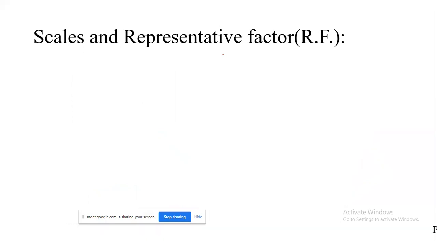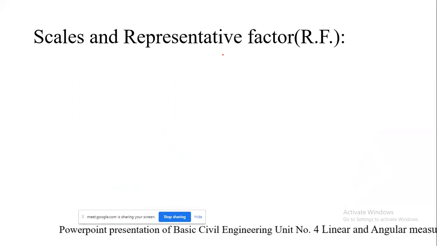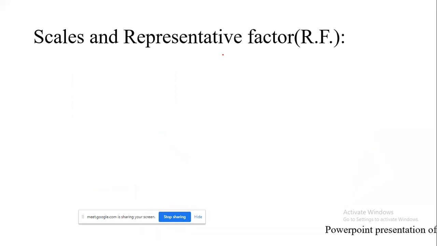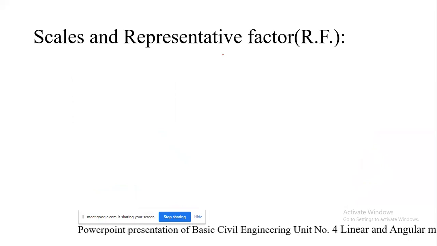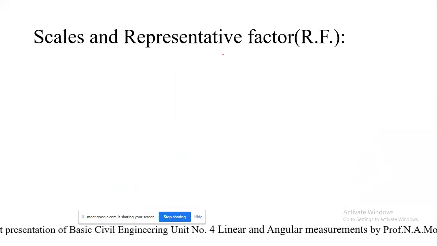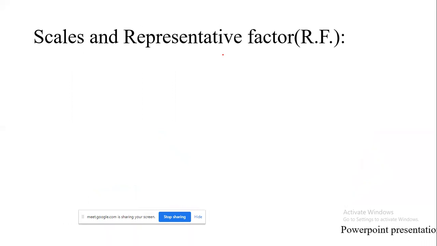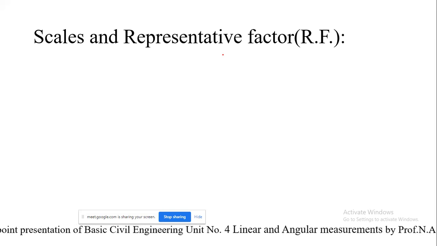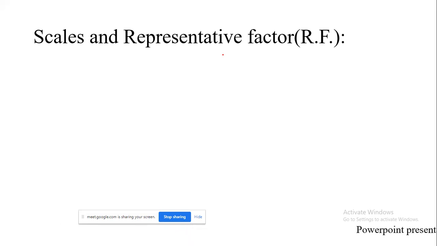You might have used a 15 centimeter scale which you are having. That is not the scale I mean. That word and this word are different. If I want to plot a 1 kilometer distance, just take an example, if I am interested in locating a distance of 1 kilometer on the drawing sheet, practically 1 kilometer cannot be drawn by a straight line on a drawing sheet, because the drawing sheet has a certain restriction.